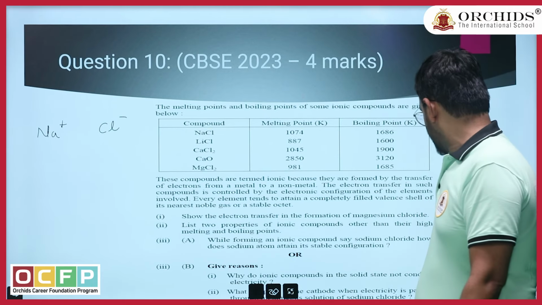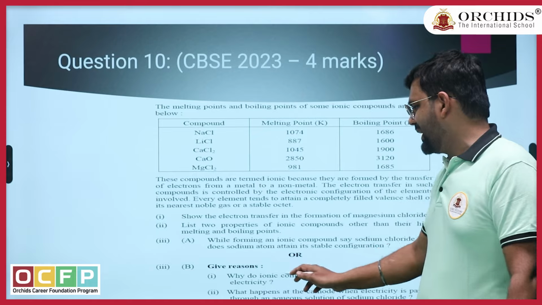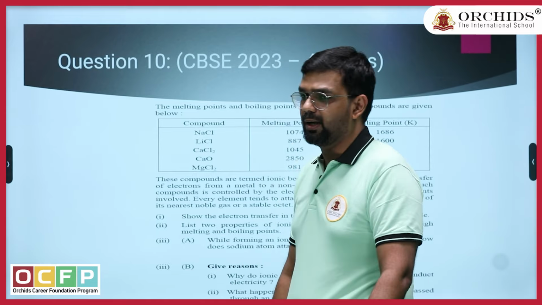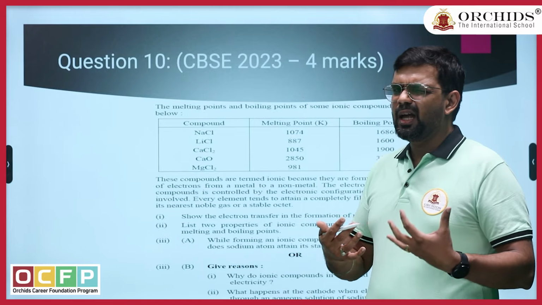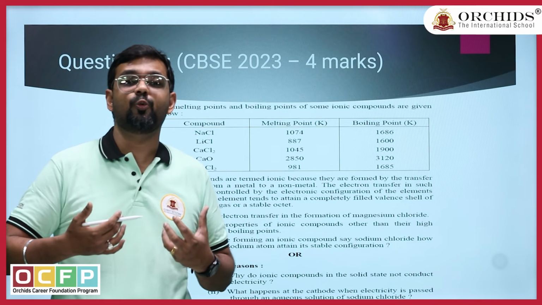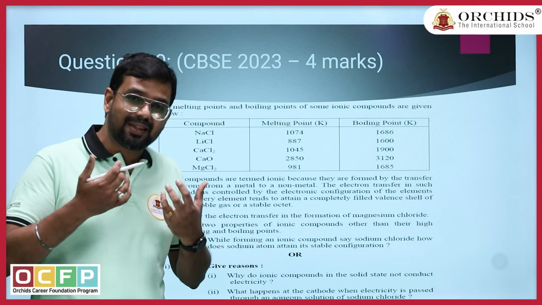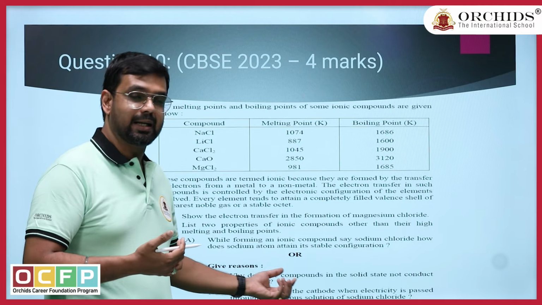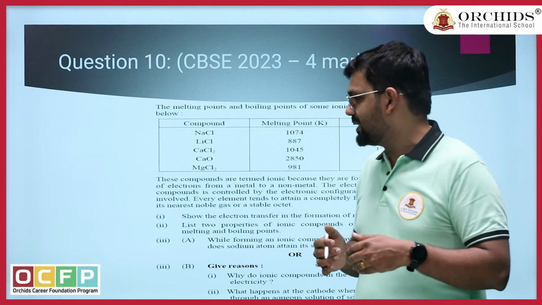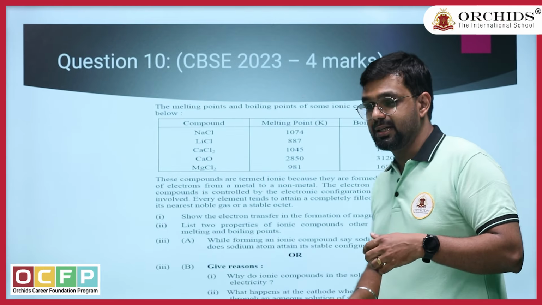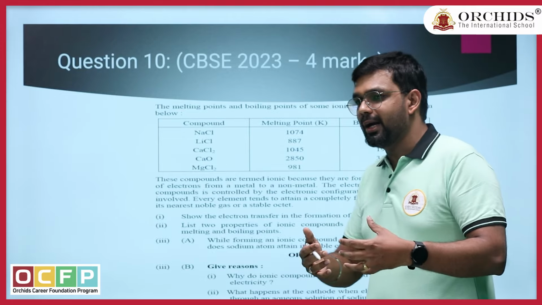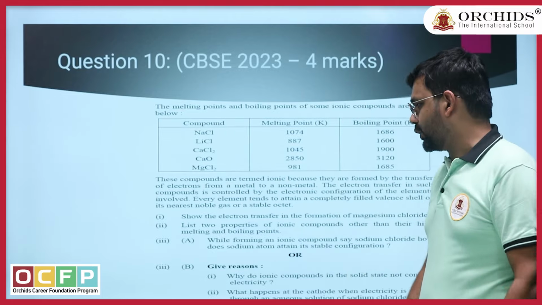Now coming to the last question in this, which is give reasons. Why do ionic compounds in the solid state not conduct electricity? I was just explaining that while listing out the properties. Why do you think in the solid state they don't conduct electricity? Because they don't have any free electrons to vibrate or to move. So because of that reason, they won't be able to conduct the electricity. They are very tightly packed and they can't move further. Okay, so that is one of the reasons for ionic compounds not to conduct electricity in solid state. But in molten state, they have free electrons to move. Okay, it is already ready to give away the electrons. So that is the reason.